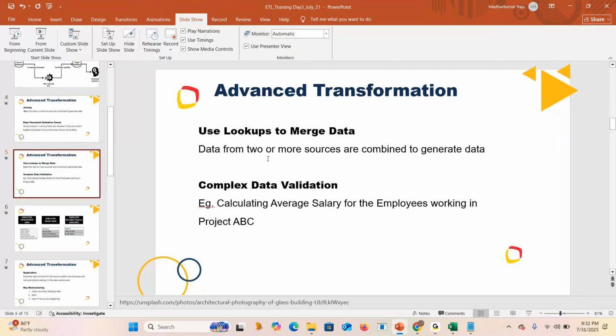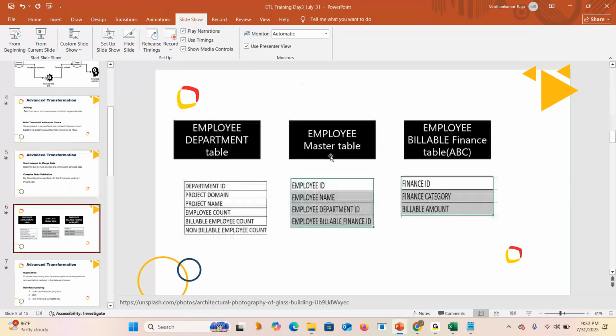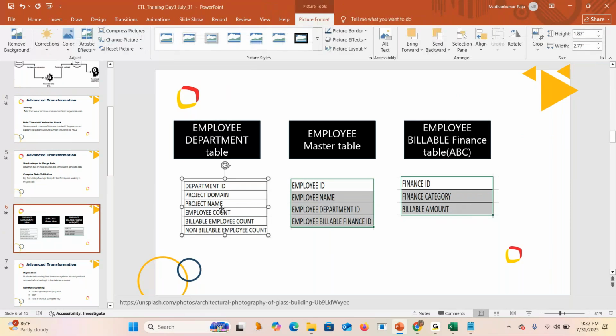Anybody having any guesses? What is a lookup? Suppose in the same example, we need the project name in the first table. Here in this table, project name equals ABC. I want to get the total average salary for the employees working in project ABC.